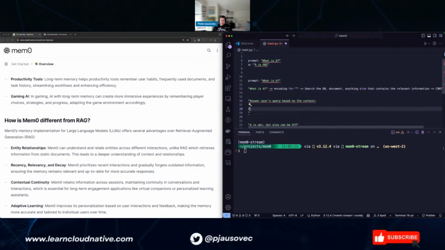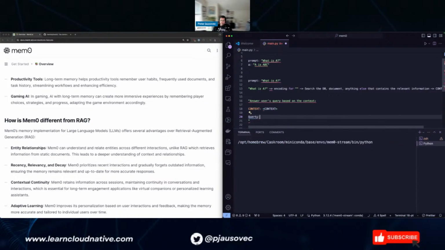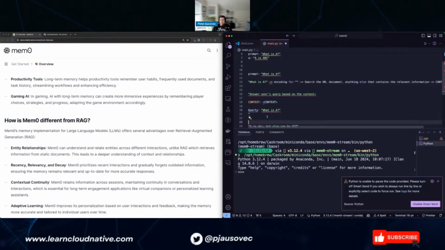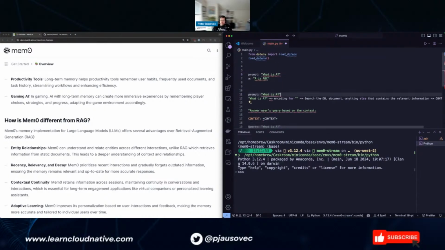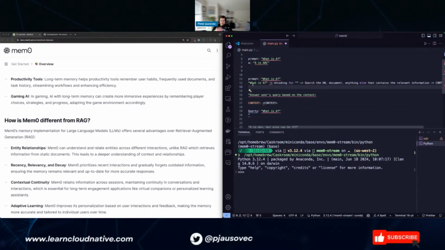The context would be whatever you retrieved from the database, and the query would be what is A. Previously you were just sending a single string, the single question, as a prompt to the LLM. The second step with RAG is taking that prompt, encoding it, and then doing a vector search in your database to get the relevant context.